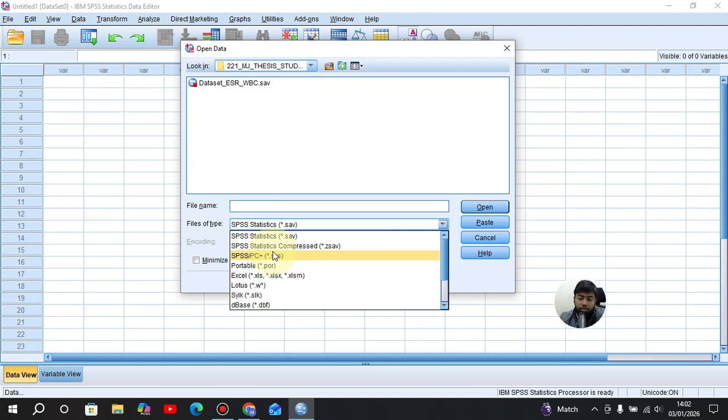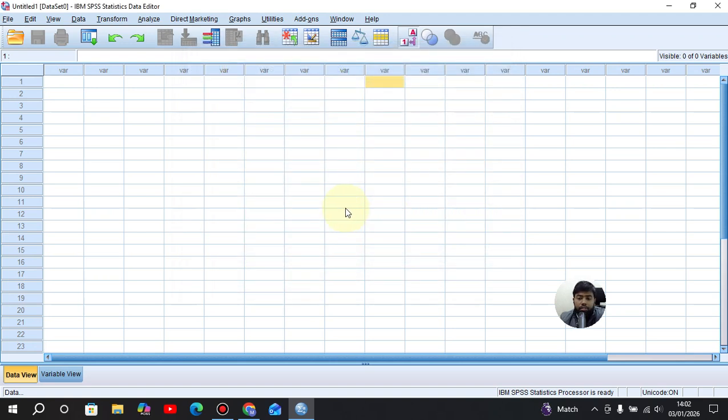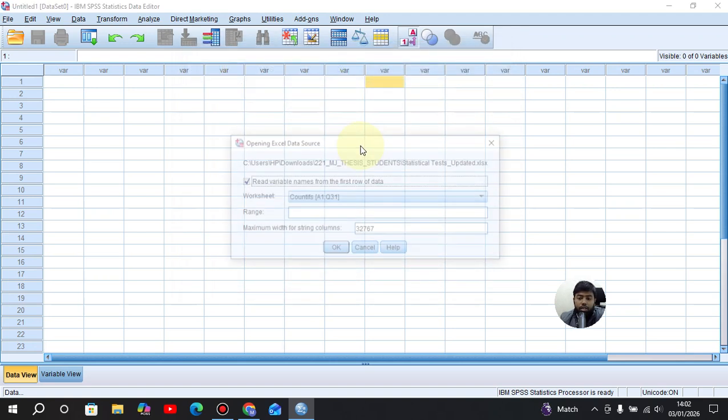From the drop down list you will see different file types: SPSS, Excel, CSV, Stata, SAS, and many more. Since you are importing an Excel dataset, you will select Excel. If it is another type, you will select that one. Once I have selected Excel, you can see all the Excel workbooks that are located in that folder are being shown now. So I want to import this Excel workbook, and when I select it and click Open, it